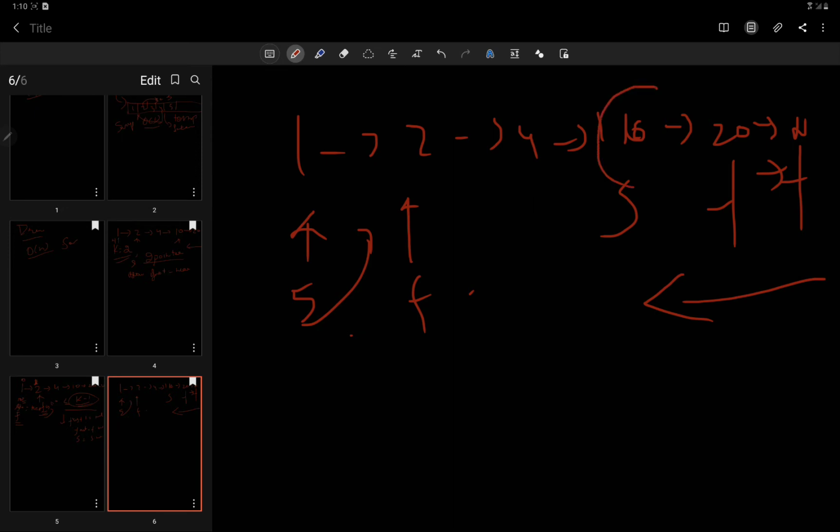Now we just have to swap these two values, and we will store them in separate variables other than the slow and fast pointers. Slow and fast pointers will only be used for traversing the list and getting the kth node from the end as well as the kth node from the beginning. This is a very simple logic. It will take O of n time and constant space, because we have to traverse the whole linked list.